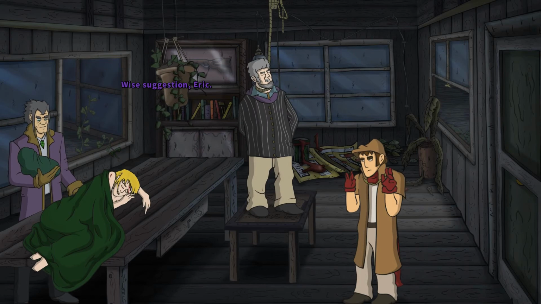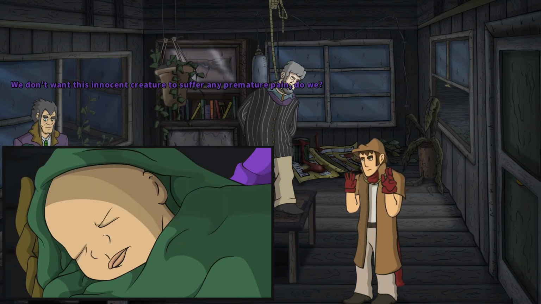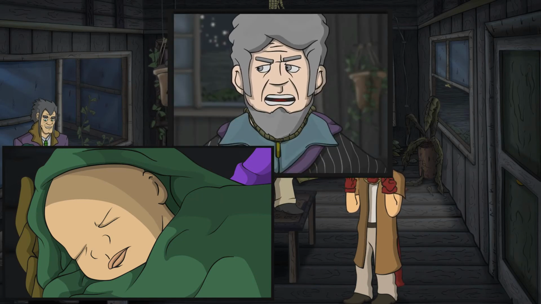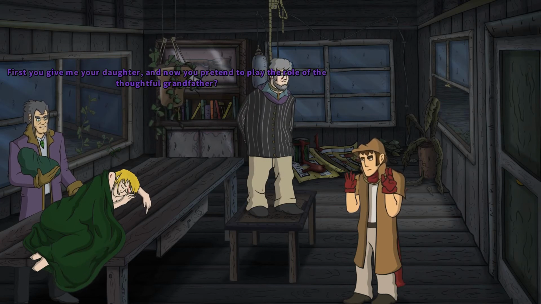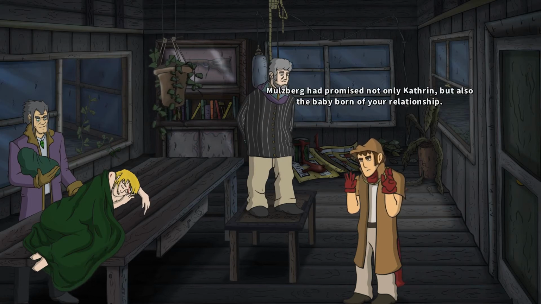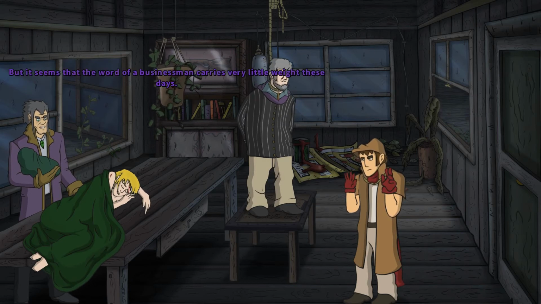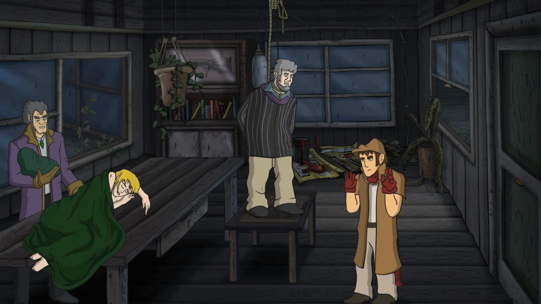Wise suggestion, Eric. We don't want this innocent creature to suffer any premature pain, do we? For the love of God, let my grandson go. First you give me your daughter, and now you pretend to play the role of the thoughtful grandfather. The kidnapping wasn't planned. Molesberg had promised not only Catherine, but also the baby born of your relationship. But it seems that the word of a businessman carries very little weight these days. I was blinded. All the power you promised me isn't worth the sacrifice of...